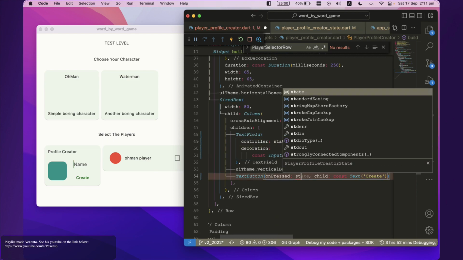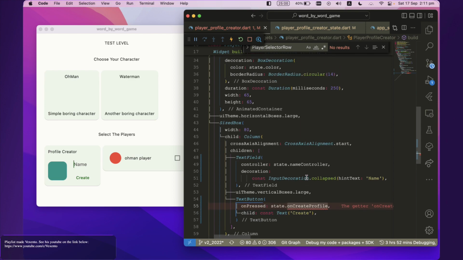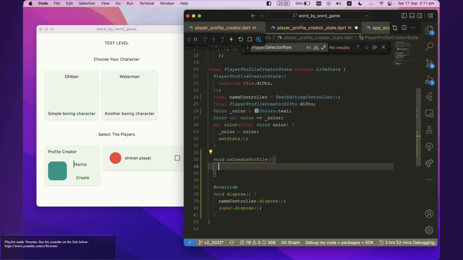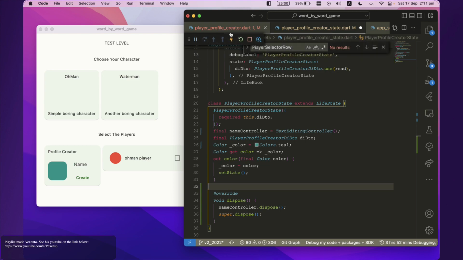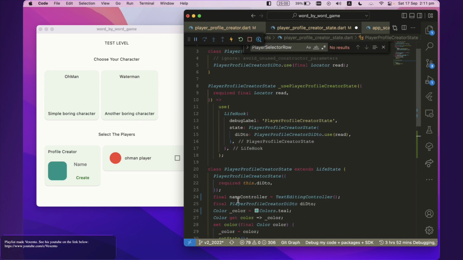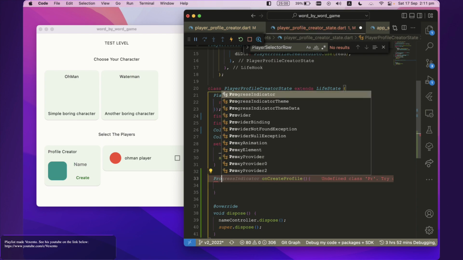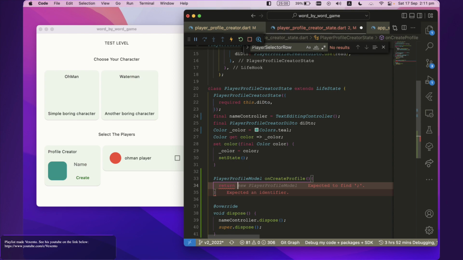What else? We also need to create on create profile. So let's go to the state. Let's create on create profile method. And oh, I see. On create profile should return player profile model, and we can